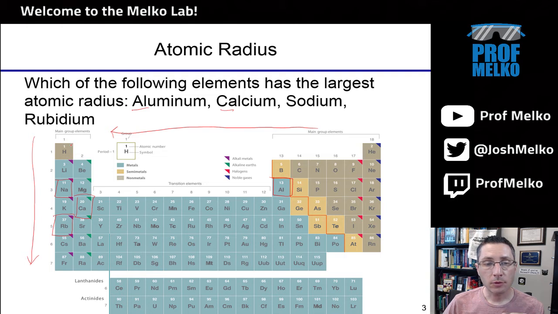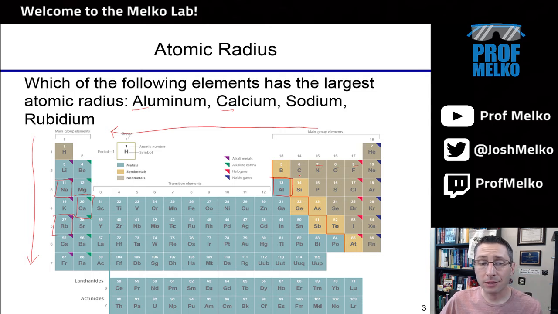As I move left to right, toward something like fluorine, all the electrons I'm adding are in the same shell, but I'm also adding protons. As I'm counting from 7 to 8 to 9, I'm adding more protons, and those positive charges pull on the electrons harder. The electrons I'm adding from 7, 8 to 9 aren't going any further out, they're living in that same shell. So the net effect is that the atom gets smaller going from nitrogen to oxygen to fluorine, or moving to the right, because these extra positive charges in the nucleus are able to exert a stronger force on the shells of electrons.